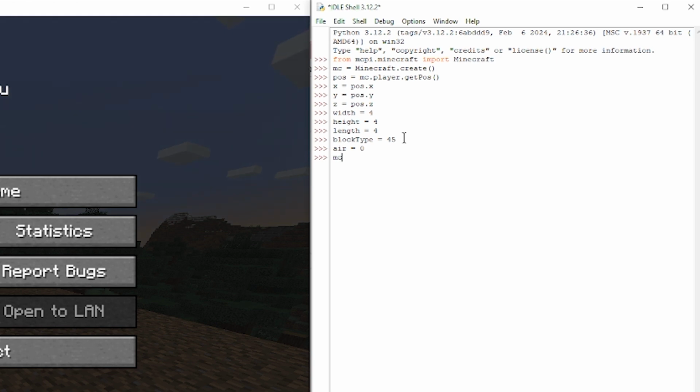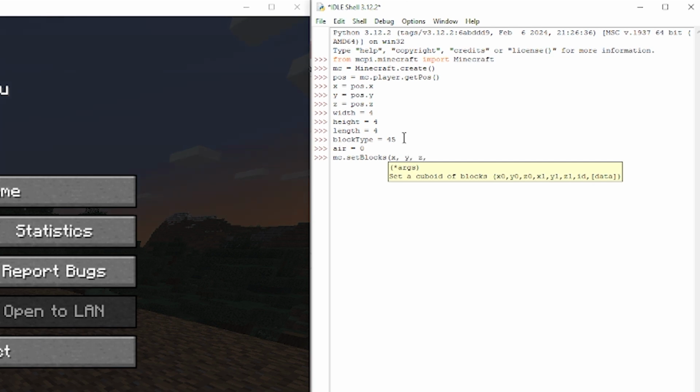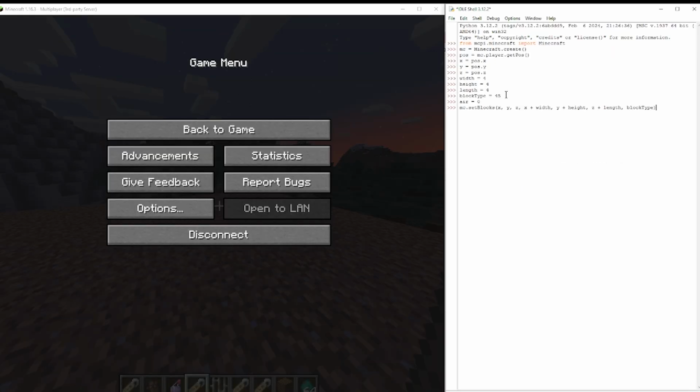Now mc.setBlocks, don't forget the capital B, x, y, z, x plus width, y plus height, z plus length, and block type. There. Now we're gonna press enter,